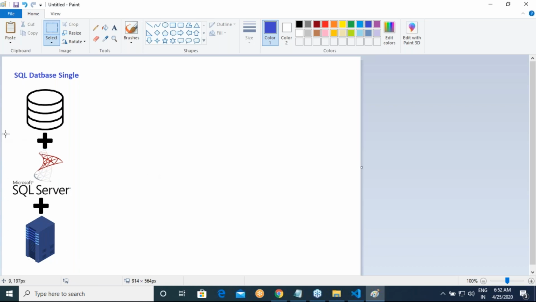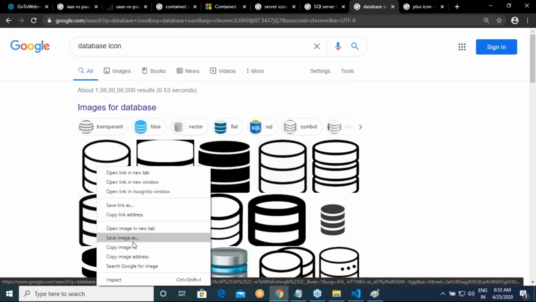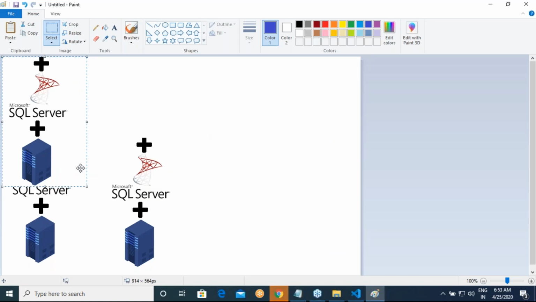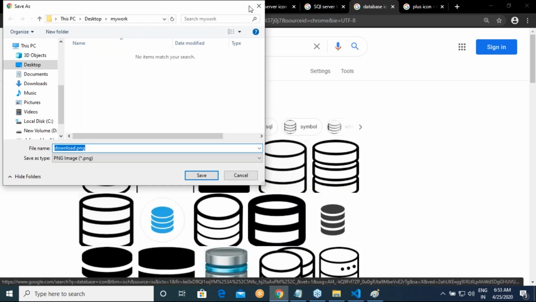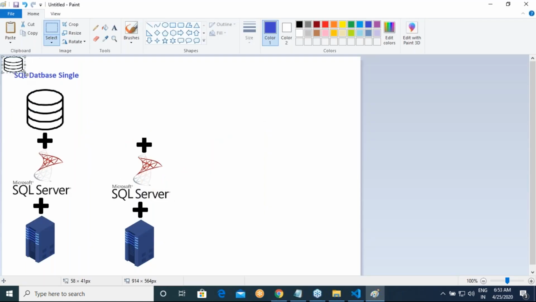But when it comes to the managed instance, rather than having one database, you might have multiple databases.